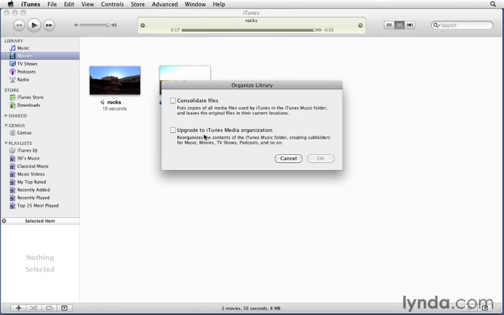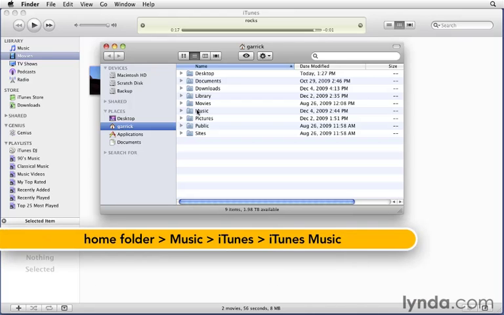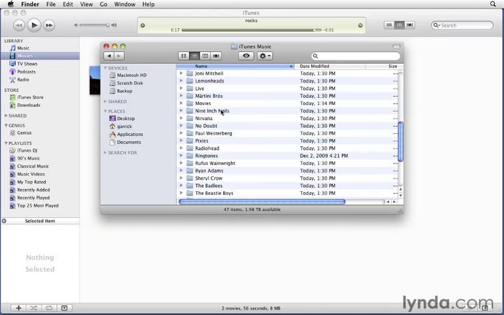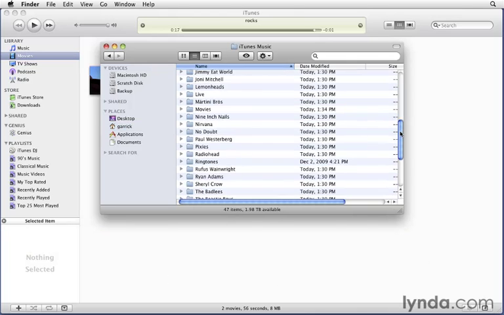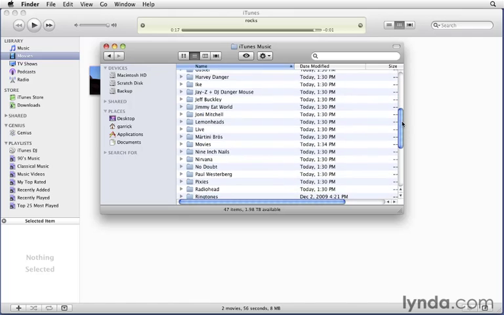Well, first of all, what's an iTunes Media folder? Glad you asked. We've looked at the folder structure of how iTunes keeps your media organized, but let's take another look. On a Mac, you navigate to your Home folder, into Music, into iTunes Music, and in here you'll find all of your iTunes media, including not only music, but you'll also find folders containing your movies, TV shows, podcasts, and so on. Now these are all primarily music artist folders that you're seeing here, but we do have a